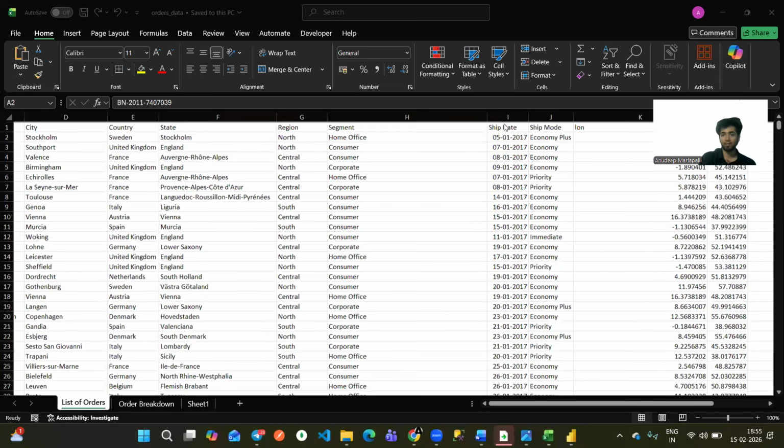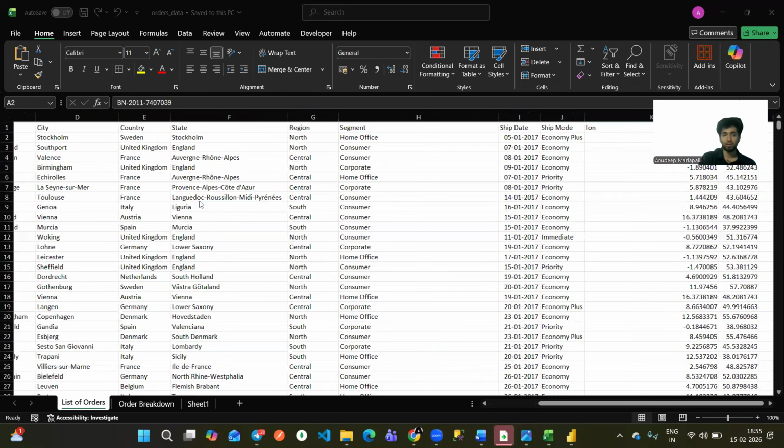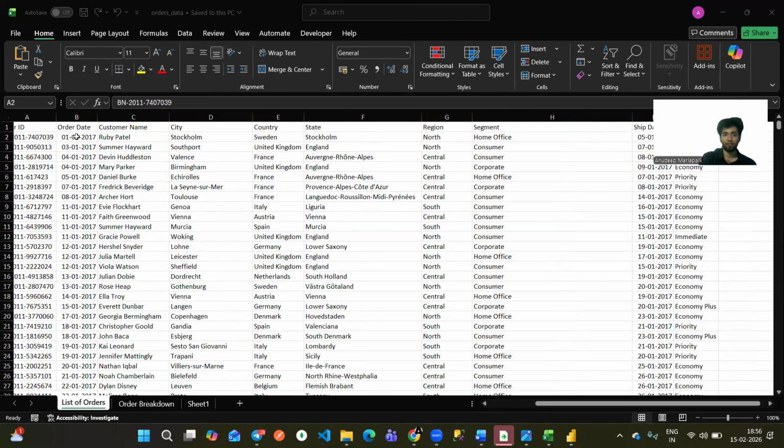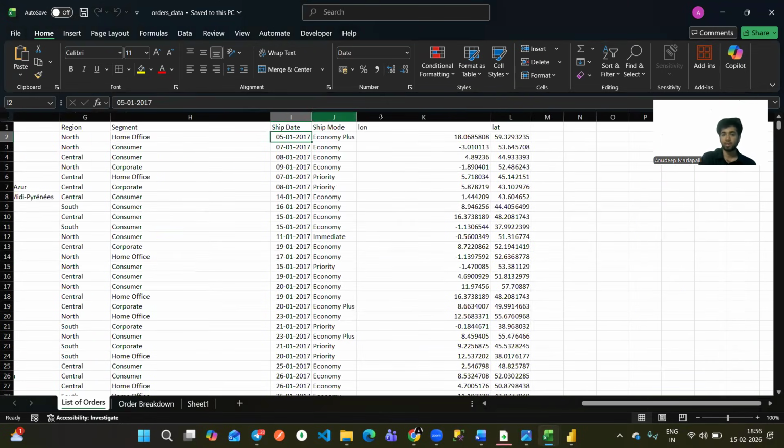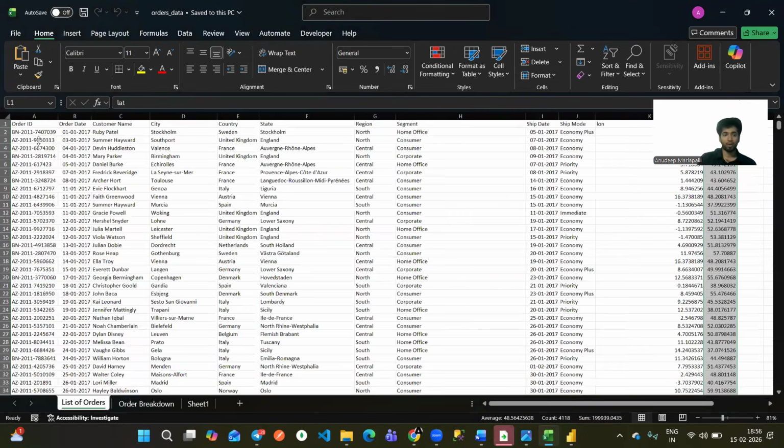And here we have the ship date. When did the person order? The person ordered on 1st Jan 2017, and it was shipped on 5th Jan 2017. It took 4 days for delivery. Ship mode is there, latitude and longitude of that customer is there. But if you observe this,